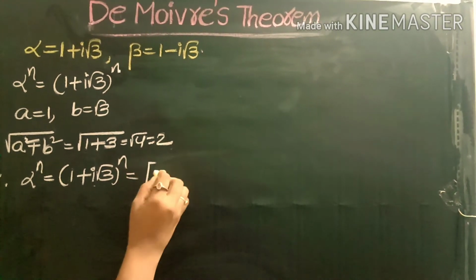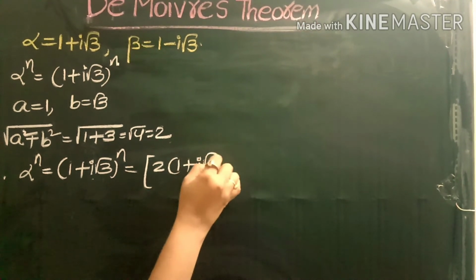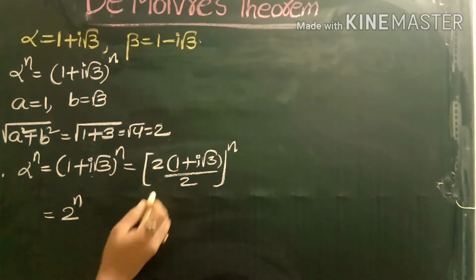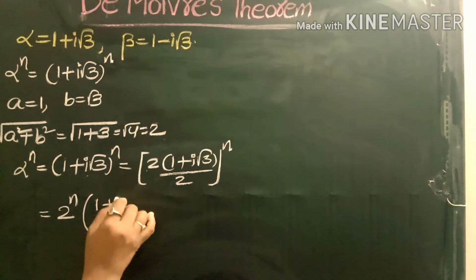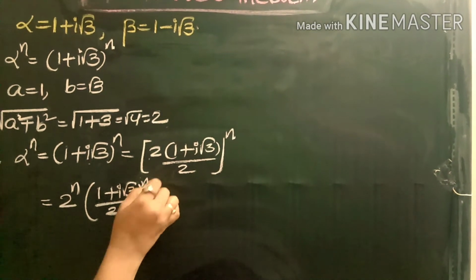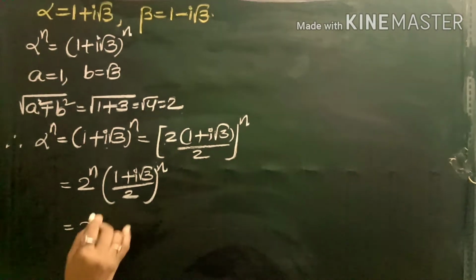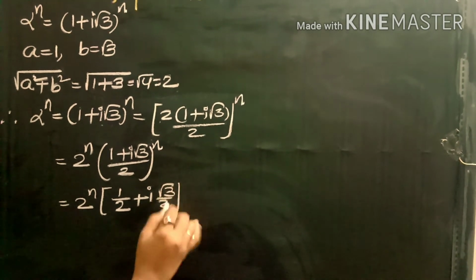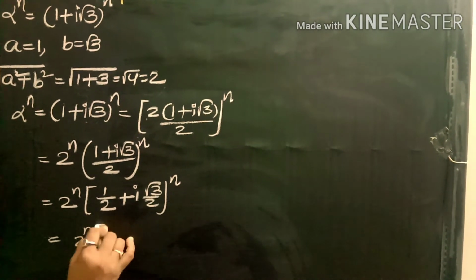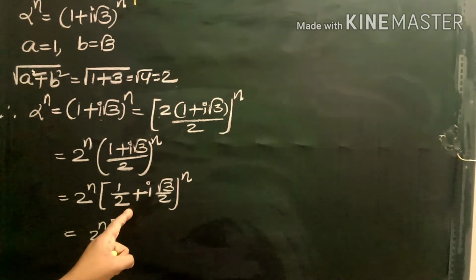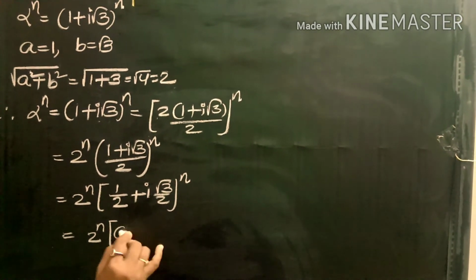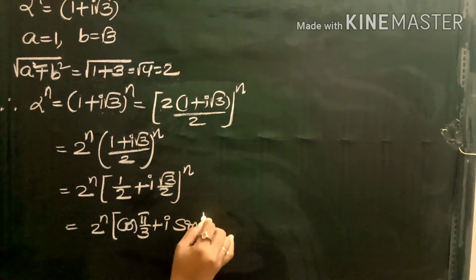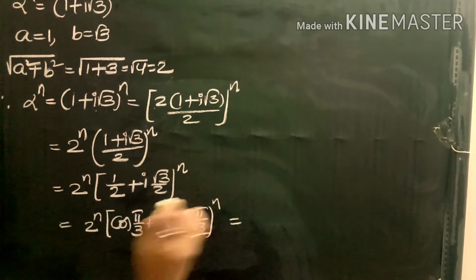applying this number to this term, that is 2 into (1 plus i root 3 by 2) whole power n. Now separating the power to the terms, 2 power n into (1 plus i root 3 by 2) whole power n. Separating the denominator here, 2 power n into (1 by 2 plus i into root 3 by 2) whole power n. Now in place of 1 by 2 we take cos pi by 3, cos pi by 3 plus i into, in place of root 3 by 2 we write sin pi by 3, whole power n, and this is equal to,